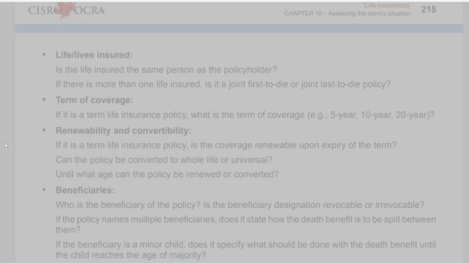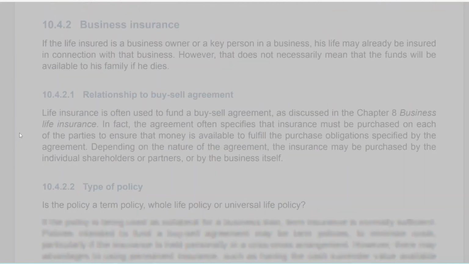Life Insurance Chapter 10, Assessing the Client's Situation 215. Case Study, when Jordan